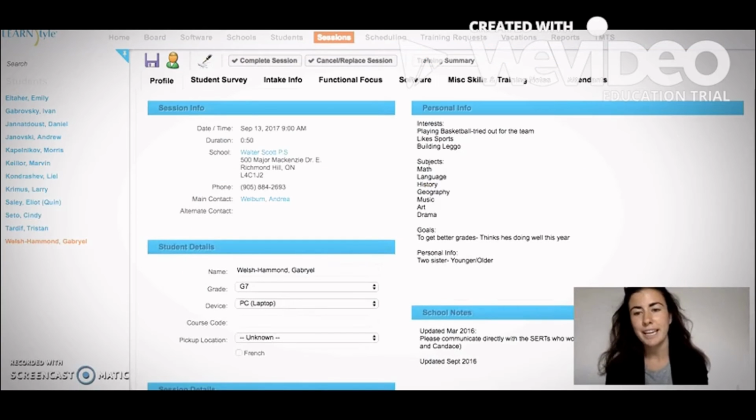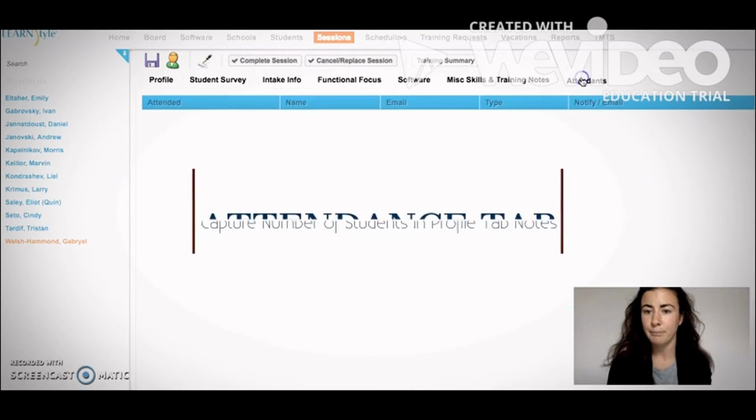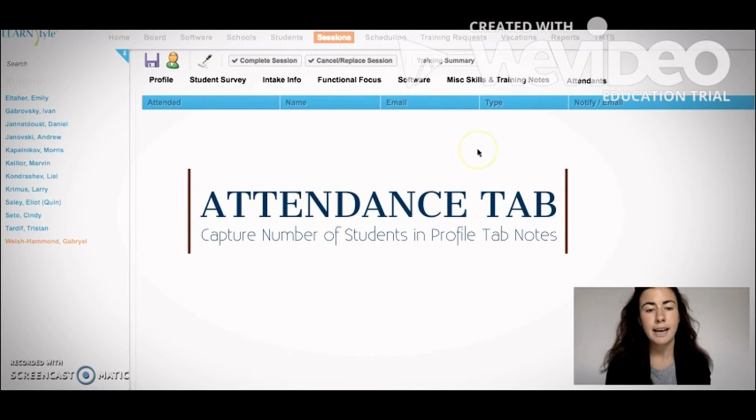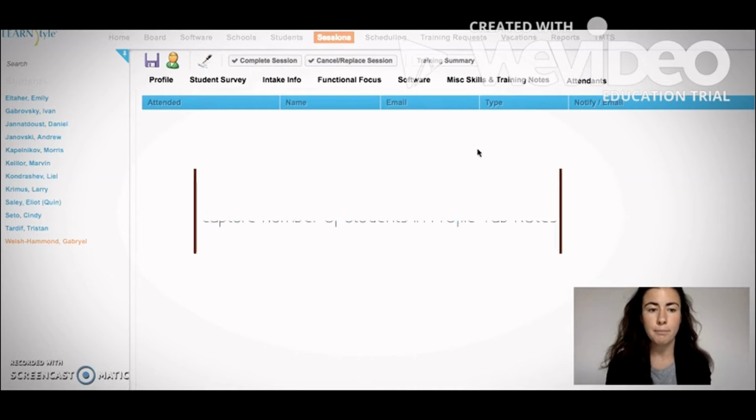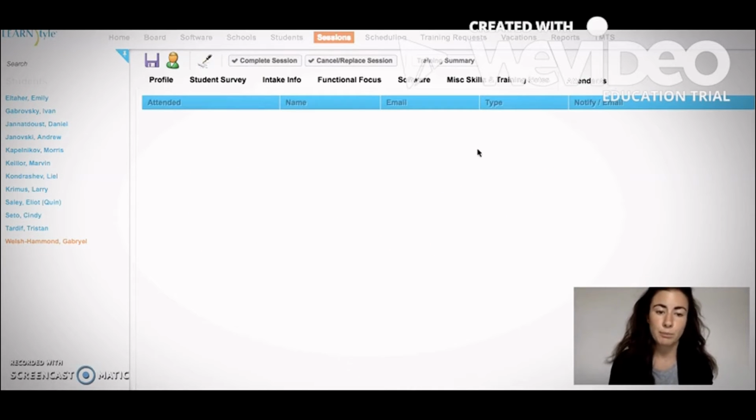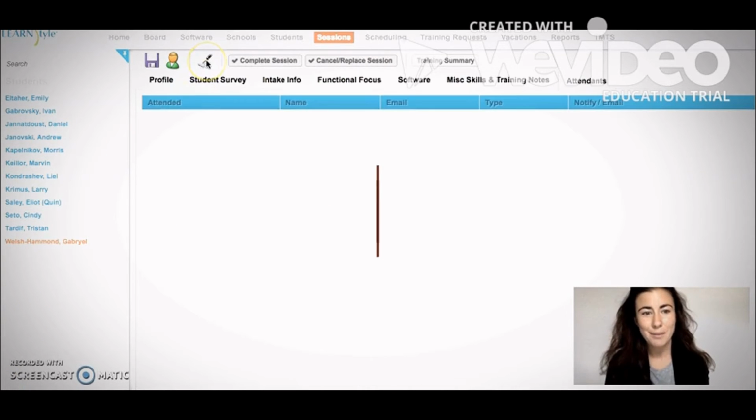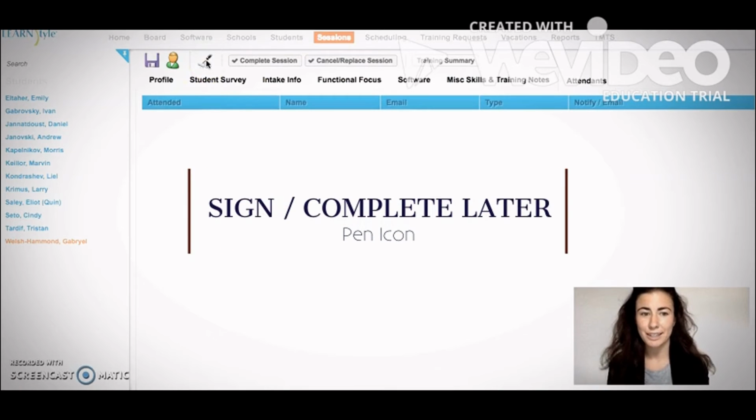The third modification is the attendance tab. The attendance tab is meant to add the attendance such as principals, parents, and teachers. It no longer relates to students. We hope that you capture that information in your training notes rather than in the attendance section if students have attended your session. We have added this icon of a pen so that you can capture a signature prior to